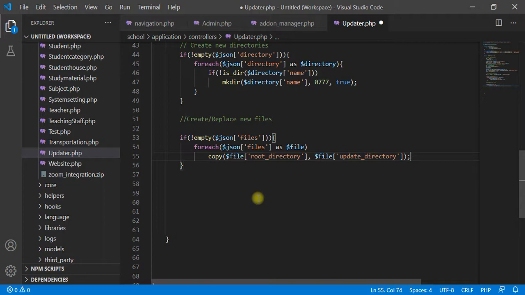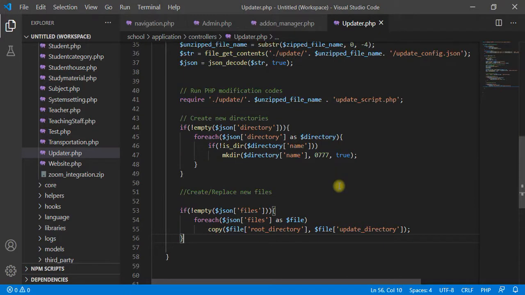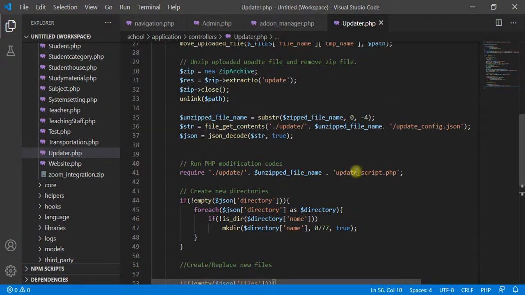So guys, in the next video, I am going to browse a zip file and we are going to click on install. Let's see what happens. Of course, we are going to get an error, because inside that zip I'm not going to put this update script. It's going to raise an error that the update script is not found, but it's going to be extracted. We are going to practice that in the next video before we move ahead and create a file called update script and write some